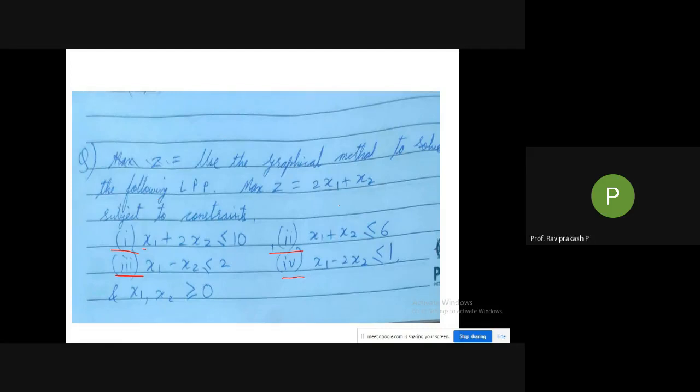So what is my objective function? You should write OF, comma. What is the objective function? Max z is equal to 2x1 plus x2, subject to, write ST, comma, then write 1, 2, 3, 4, then this particular thing. So actual representation I'm telling you. Then find out x1 and x2 in this particular sum.